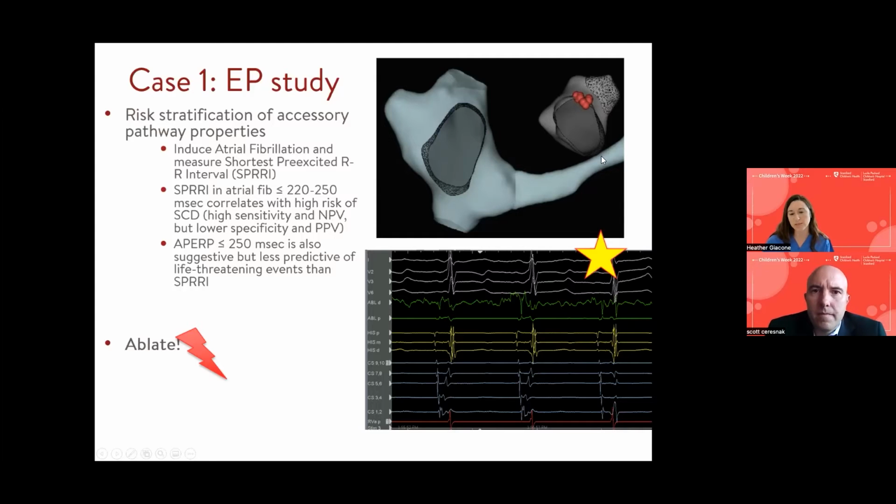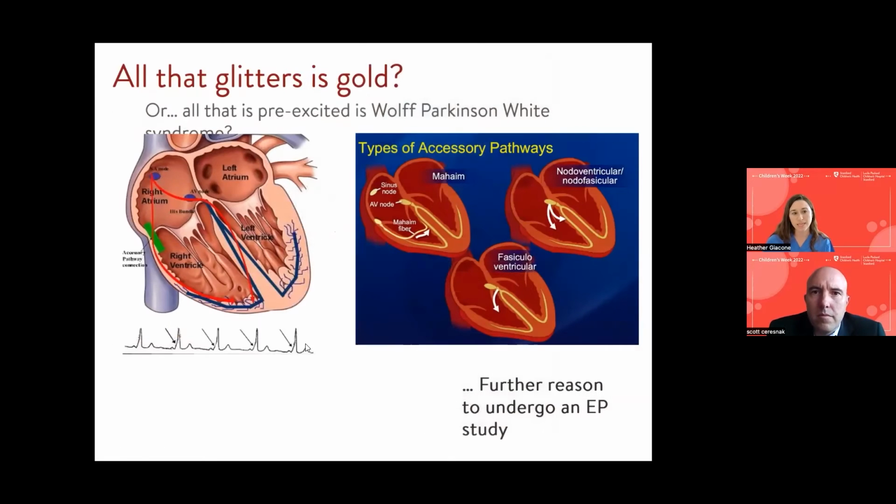This correlates with the 3D maps we make when we're doing the EP study. We can see the right atrium here, the coronary sinus where we have the catheter, the tricuspid valve, and we did have to go across to the left side of the atrium on this mitral valve annulus and find these areas and ablate. Fortunately, we were able to get rid of that accessory pathway for her, and to date, it has still been gone.